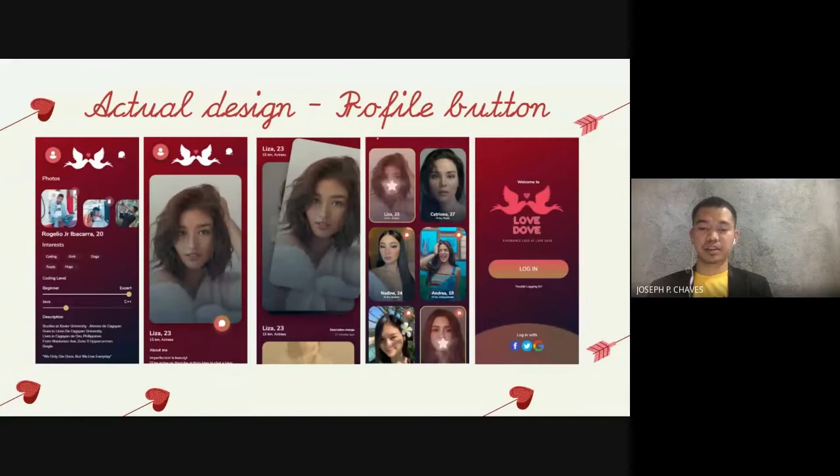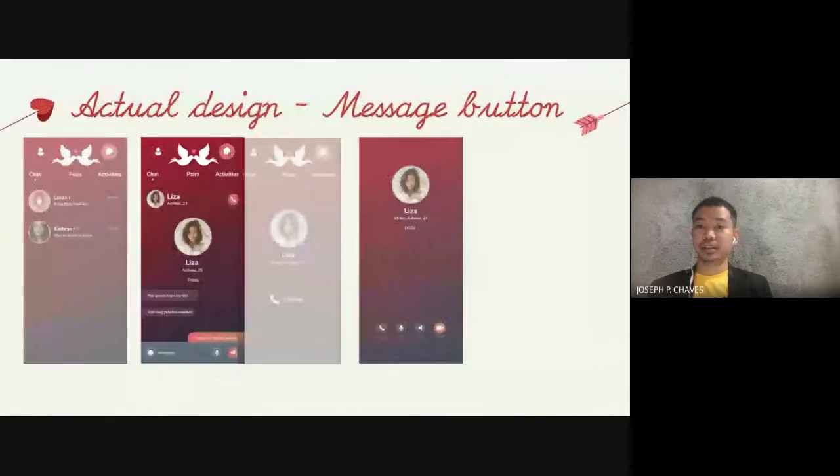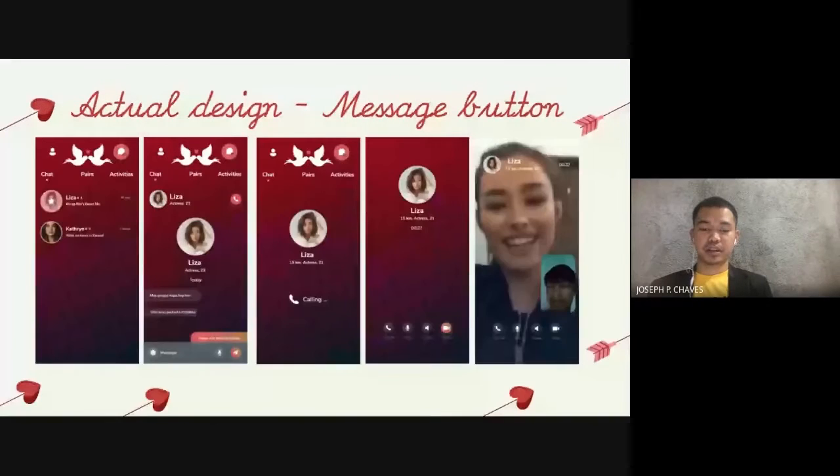The next one is the message button. Our design is pretty much the same with the common design for the message button, like this white and red.